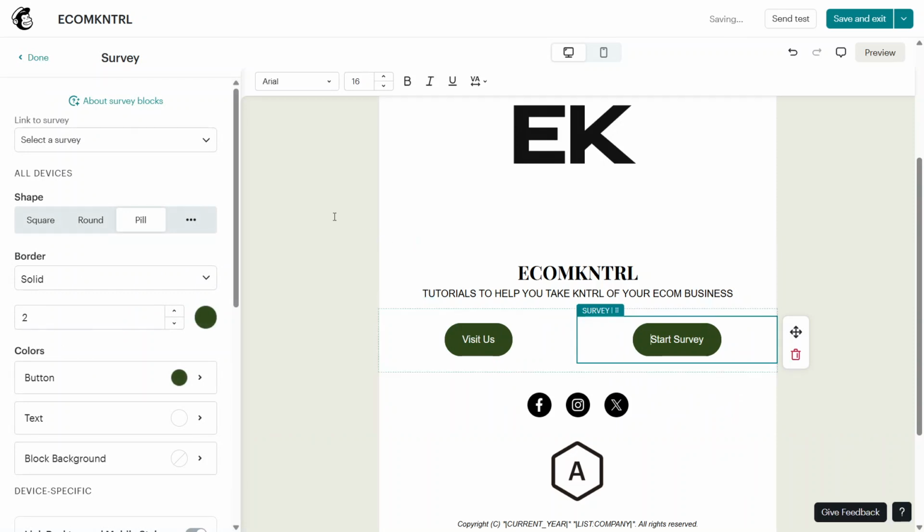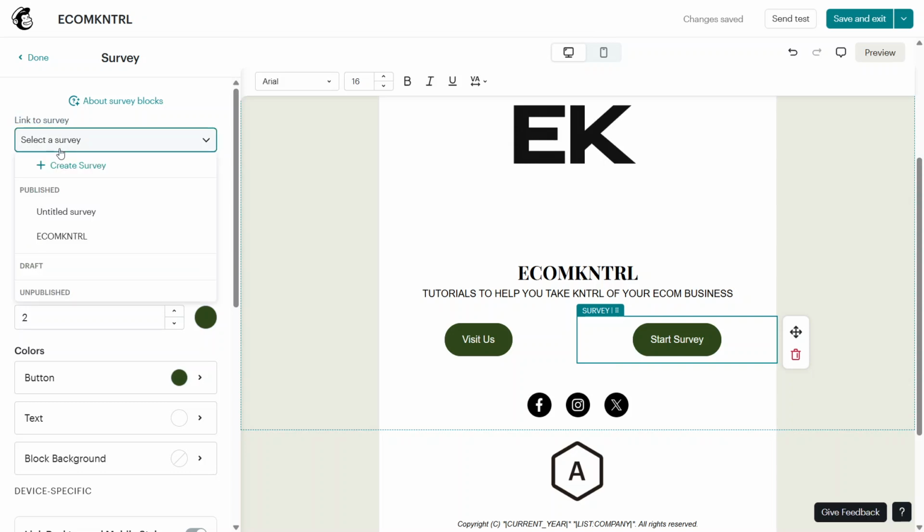With that survey block selected, look back to the left panel. The settings for this block will now be visible there. One of the first options you'll see is a drop-down labeled Link to Survey. Open that drop-down. Here you can choose from your existing Mailchimp surveys. If you've already created a survey in Mailchimp, simply select it from the list, and the button will be wired